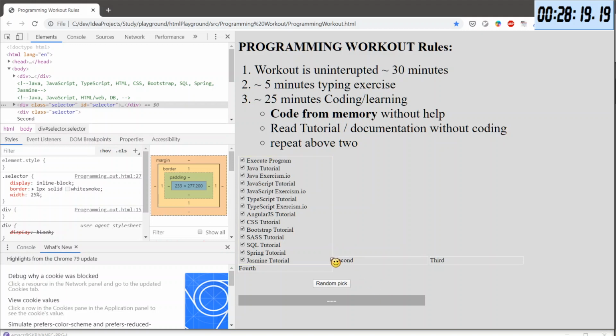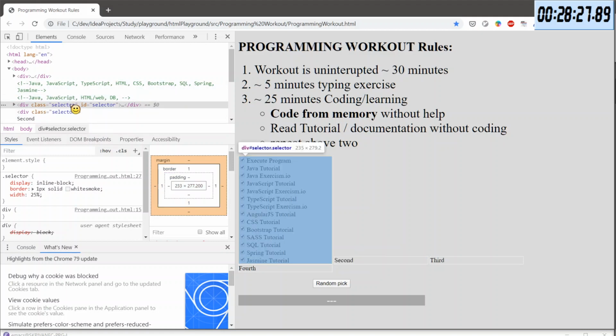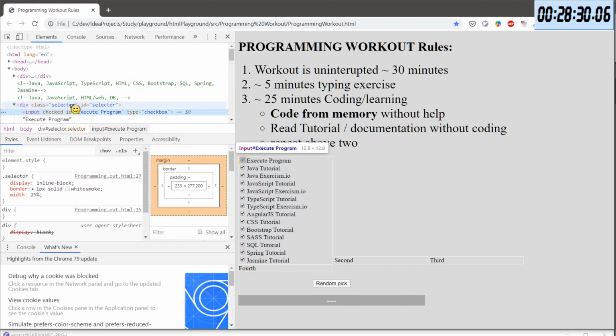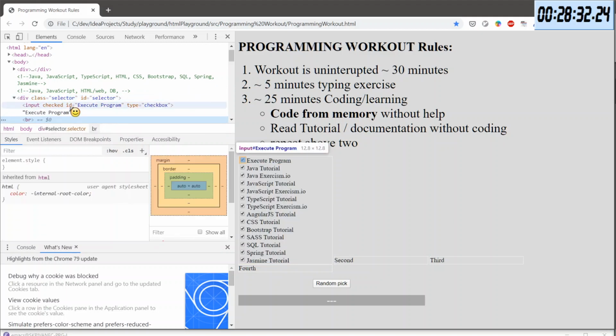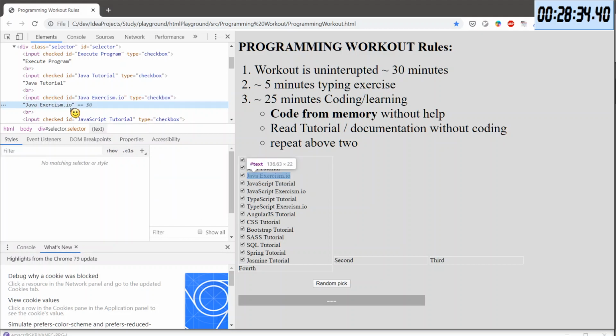Yeah, I clearly see there's a division between those. And if I have a look in here, where does it come from?